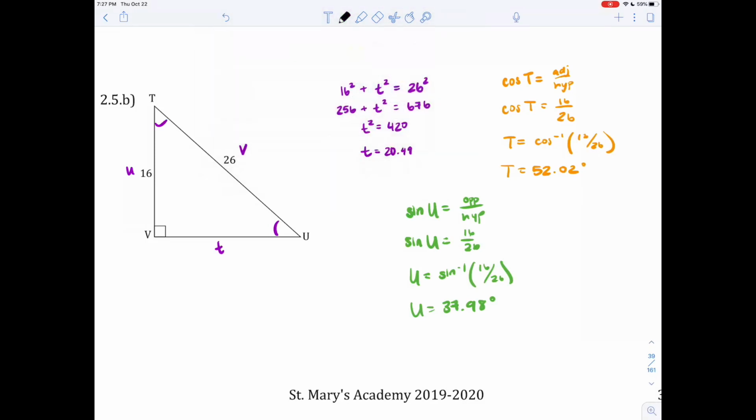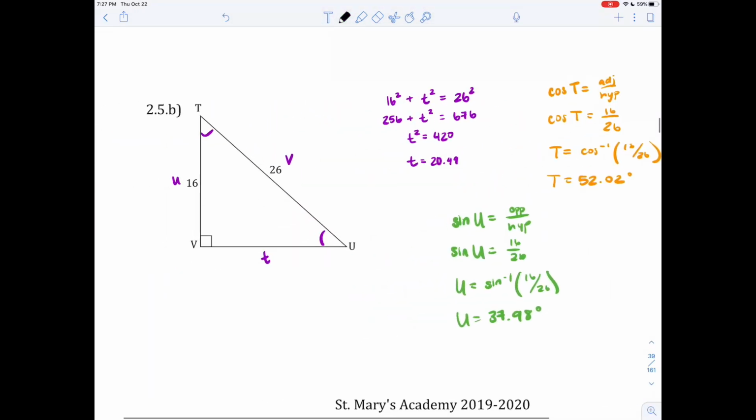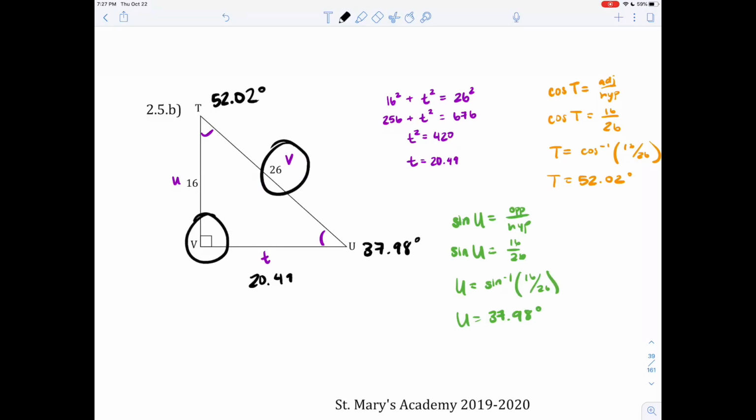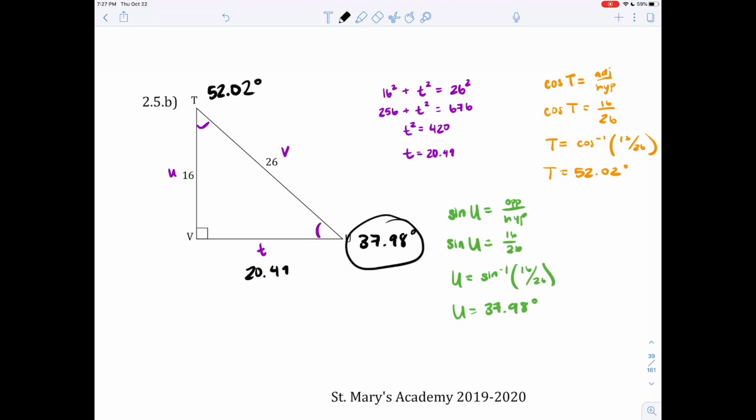And I'm going to write down those values just so that we could see them there. So I have 20.49, I have 37.98 degrees, and I have 52.02 degrees. Well, my biggest angle does in fact correspond with my biggest side length, and my smallest angle does